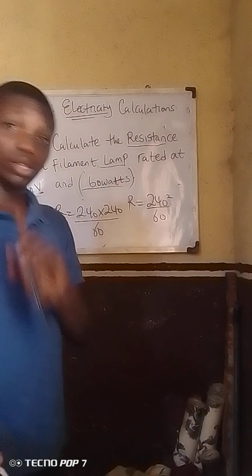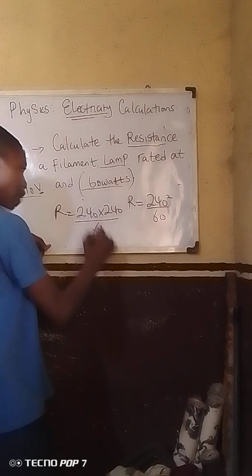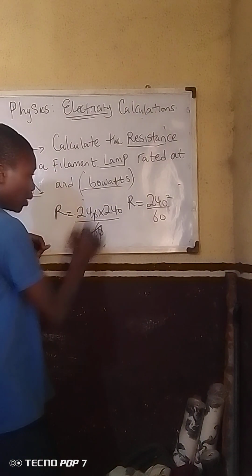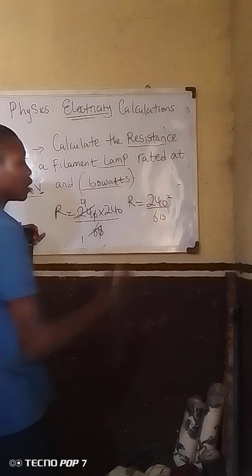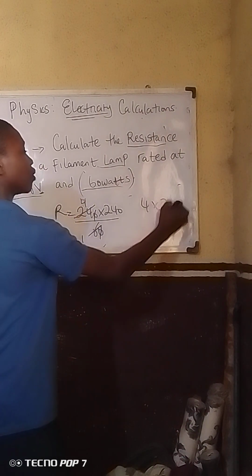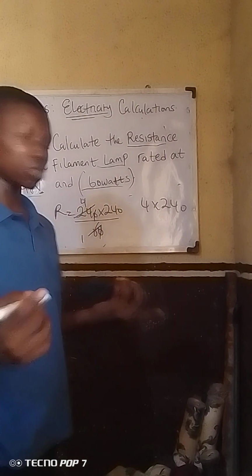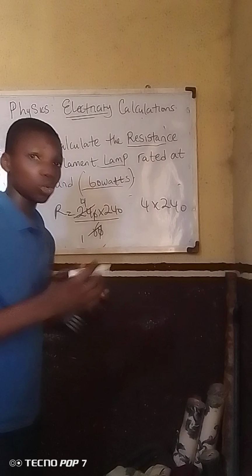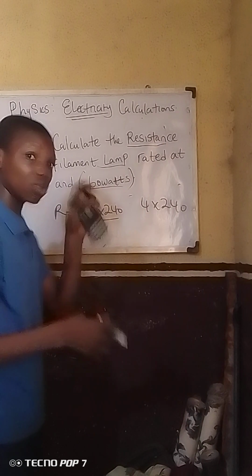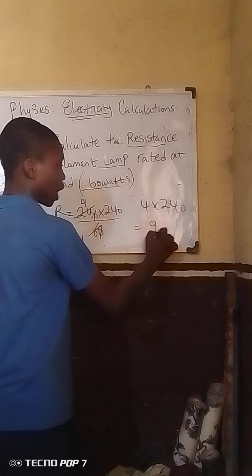Now I discovered one thing. I don't like using the calculator again. Let's use our brain here. Now we have that 0 cancels 0. 6 here is 1, 6 here is 4. Okay? Now we have remaining 4 times 240. Now let's get our answer here. 4 times 240 is what? I prefer us to use our normal times and not use the calculator. I'm pressing the calculator now. And our answer is 960